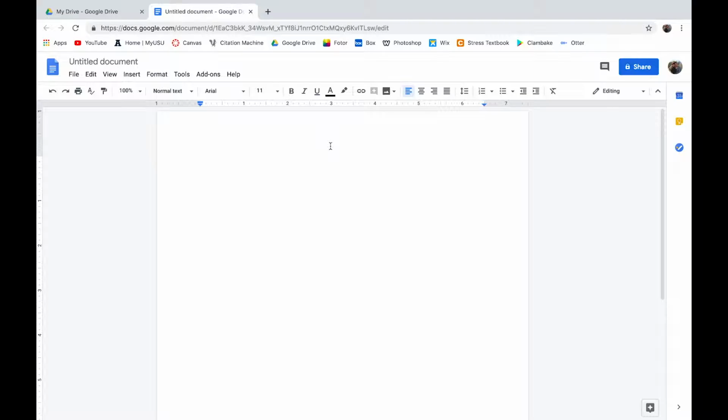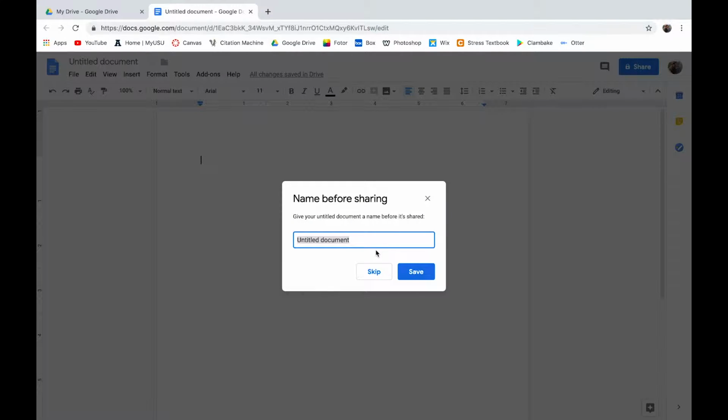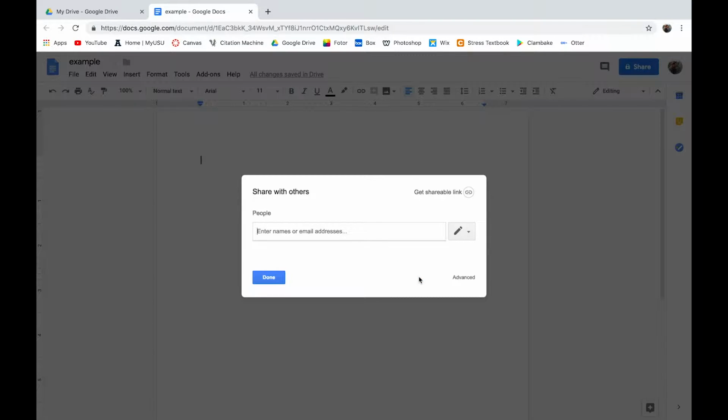Now this is about collaborating using Google Docs. So the first thing that we're going to do now is we're going to share. So if you're working in a group, you can share this document. It's going to prompt you to name the document before you share it. You can skip this step if you would like by clicking this button, but I'm just going to go ahead and name it example since that's what we're doing, and I'll hit save, and that'll save the name as example